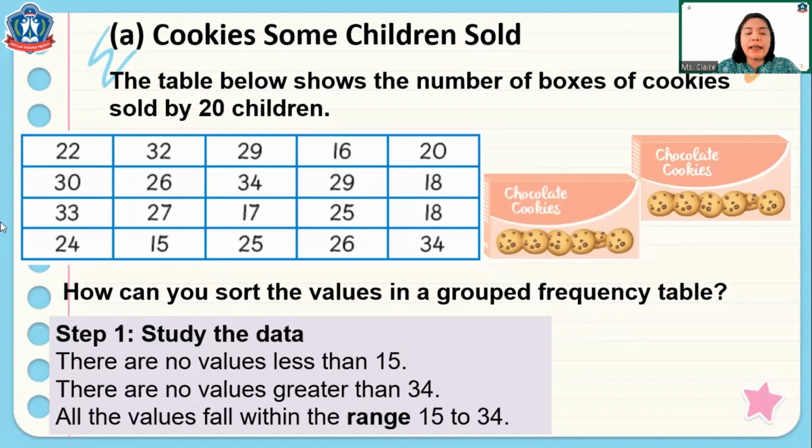Step number 1, study the data. There are no values less than 15. It means 15 is the smallest value. And the value that is the greatest is 34. So therefore, the range falls between 15 to 34. So 15 until 34 only. 15 is the smallest value, 34 is the highest. So that's how. Next,